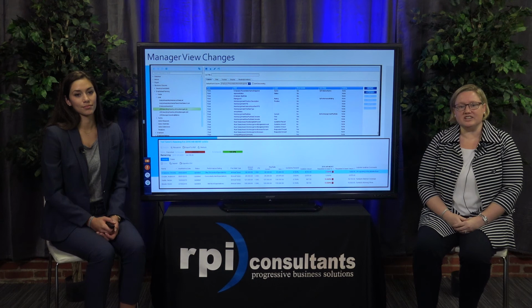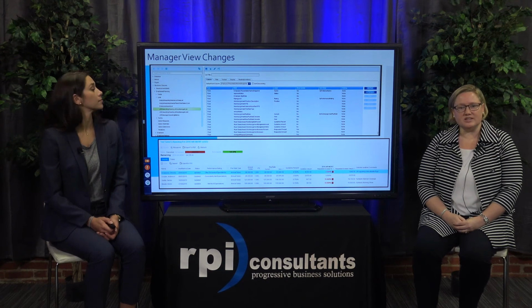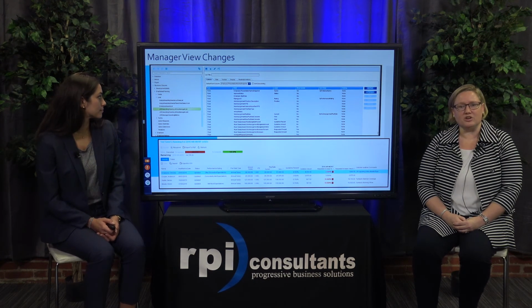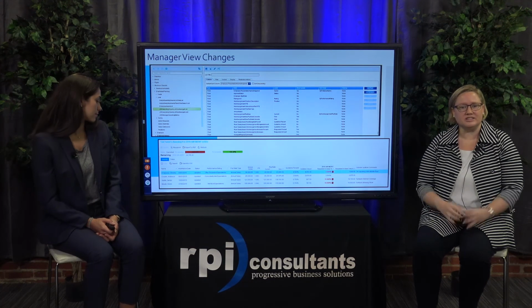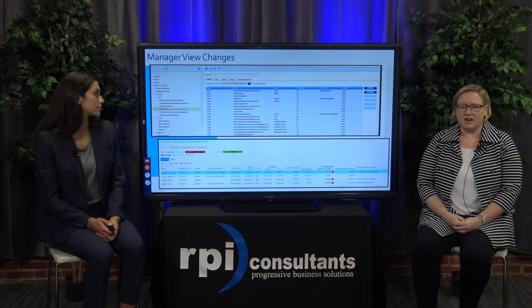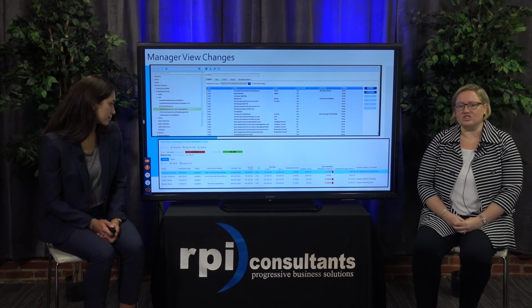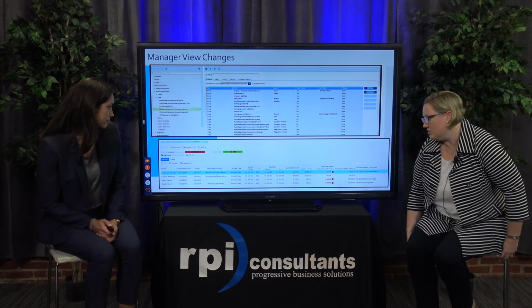So, and here's kind of an example of how it would look. The top screen is in Configuration Console where you would go to add that field in to that list definition that we talked about, and the bottom screen is what it actually looks like to a manager. So you can see